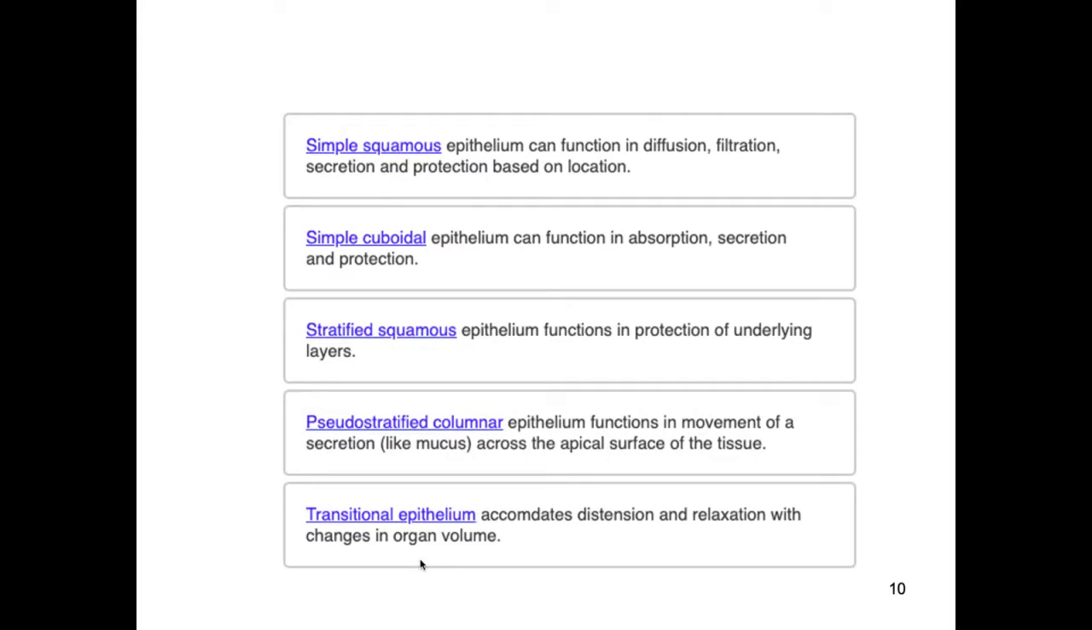So that diffusion, that was the first thing I think I showed you with the simple squamous epithelium, where you have that exchange of oxygen and carbon dioxide. Simple cuboidal. When I think of simple cuboidal, I'm thinking of the kidneys, the nephron, the proximal and distal convoluted